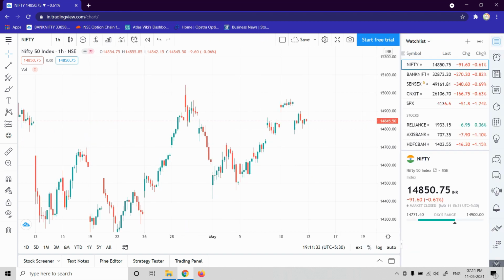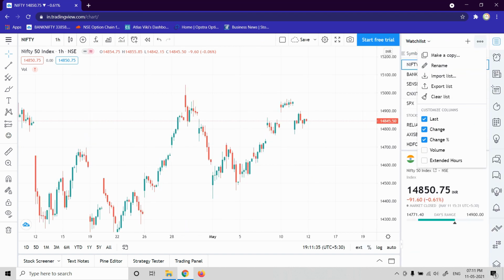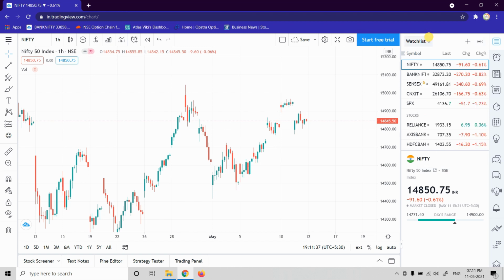Watch list, you all must be knowing it already, that you have an import and export function and you can have multiple watch lists here. Along with that, the bottom side of the watch list is the information on the script. You will have the range of the market for the day, and you will also have the expectation, the financial statement, and further information. These will be the basic information.